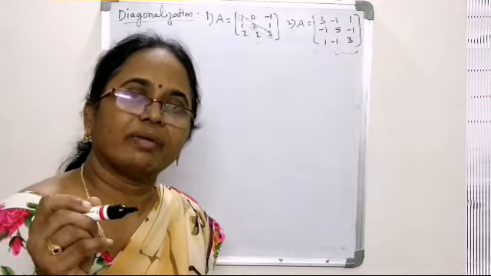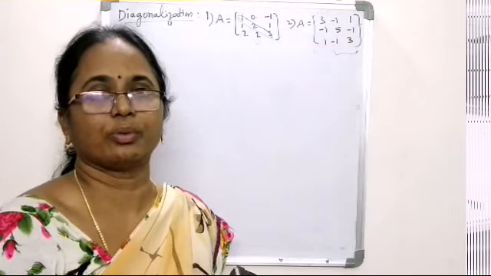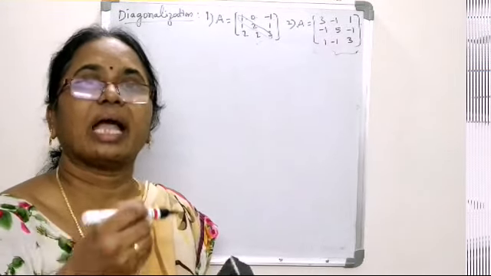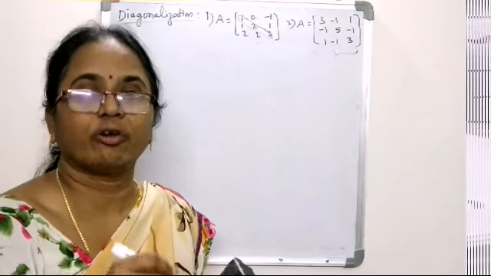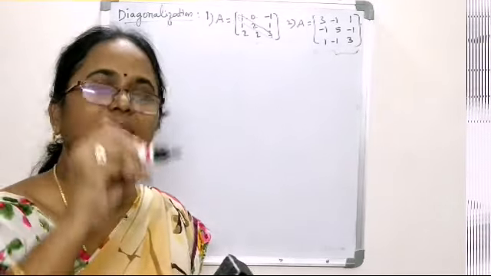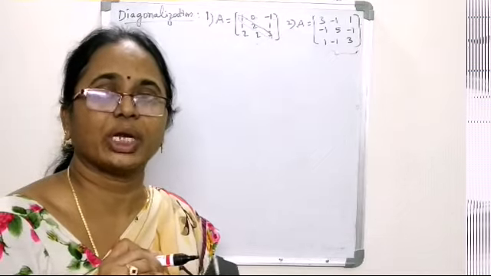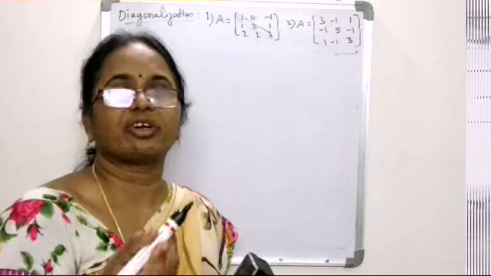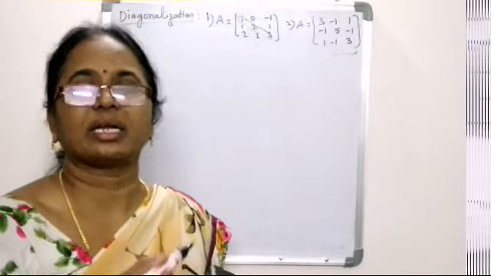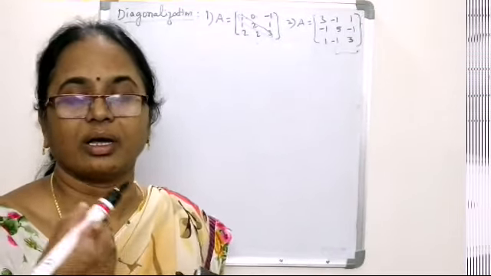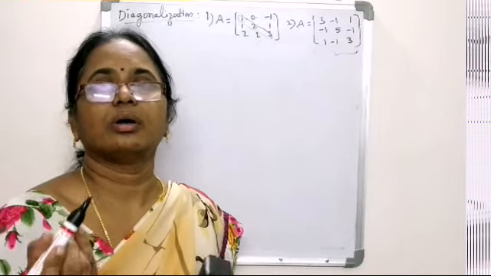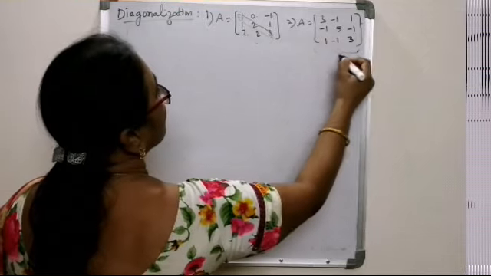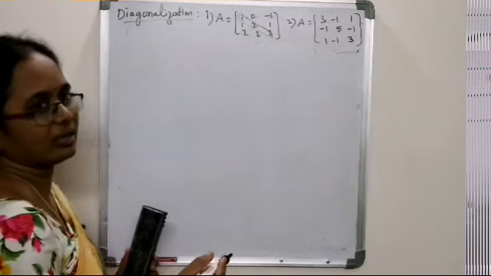If the independent eigenvectors are also pairwise orthogonal, we are able to form the normalized model matrix, which, without the calculation of P inverse, as it becomes orthogonal by its process of construction, can diagonalize the given symmetric matrix to a diagonal matrix. So we are now going to apply an orthogonal transformation for changing this to a diagonal matrix.